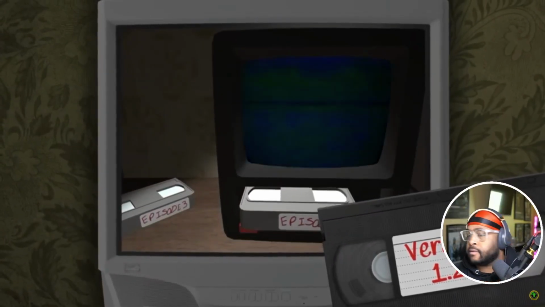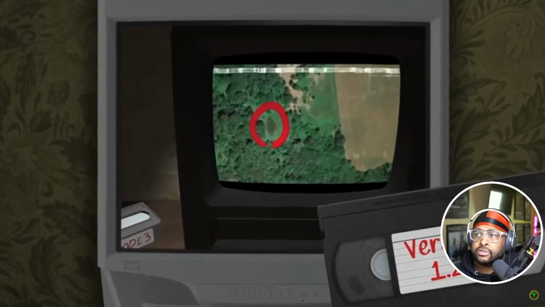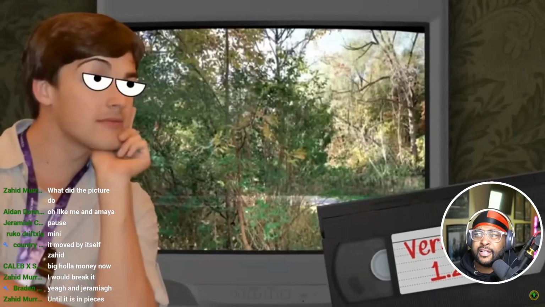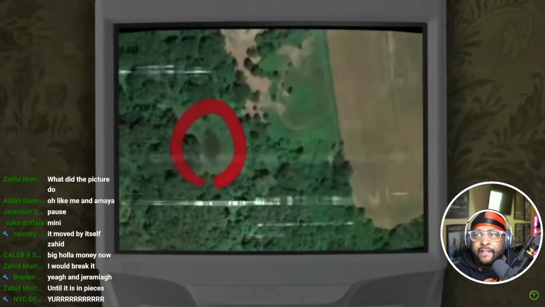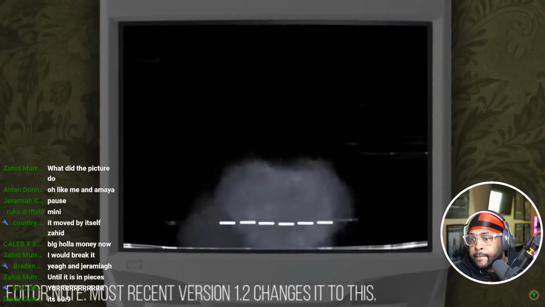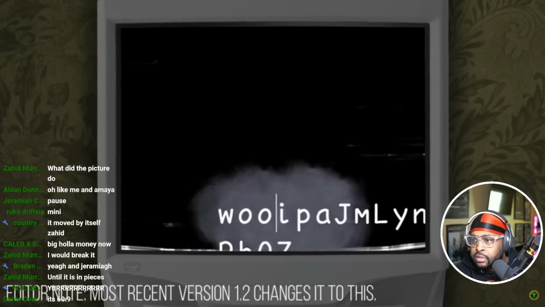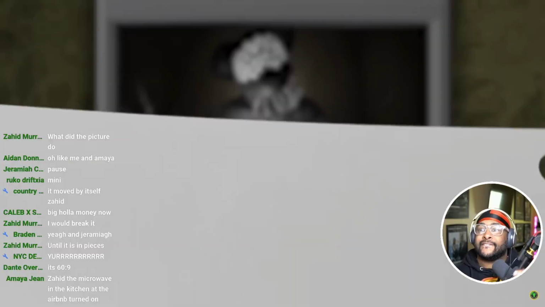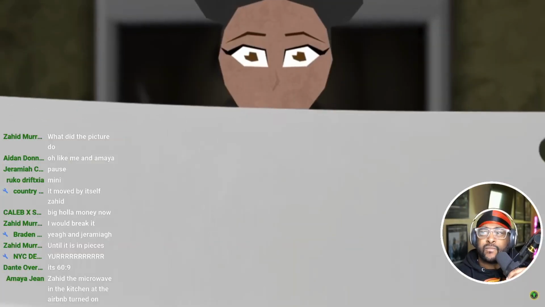This time, it reveals the image of a real forest with a big red circle marking part of it. Seems to be continuing the 1.1 update and the forest trail that we saw. When you see the red circle in the forest, it then prompts you for an answer. The correct word is Wooly. Clearly, this is where Wooly, or should I say the boy who would become Wooly, was buried after being butchered, literally, by Amanda, his own sister.